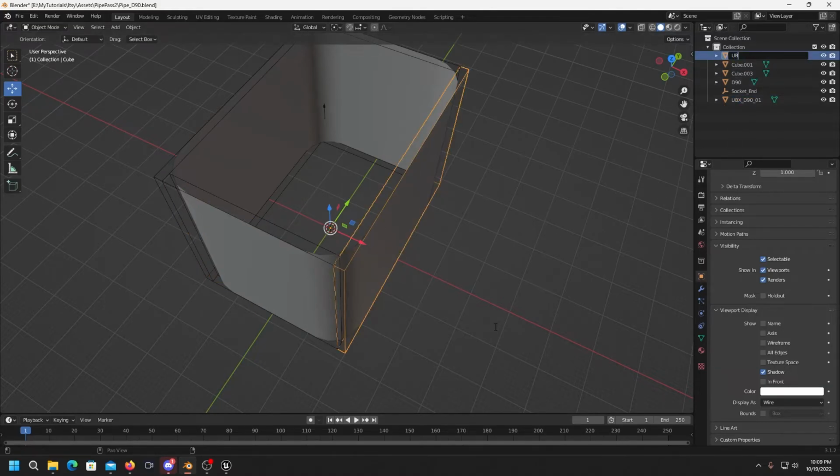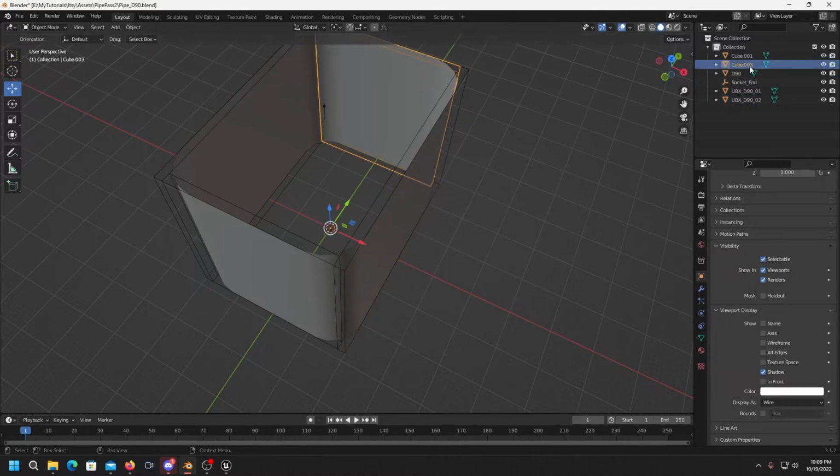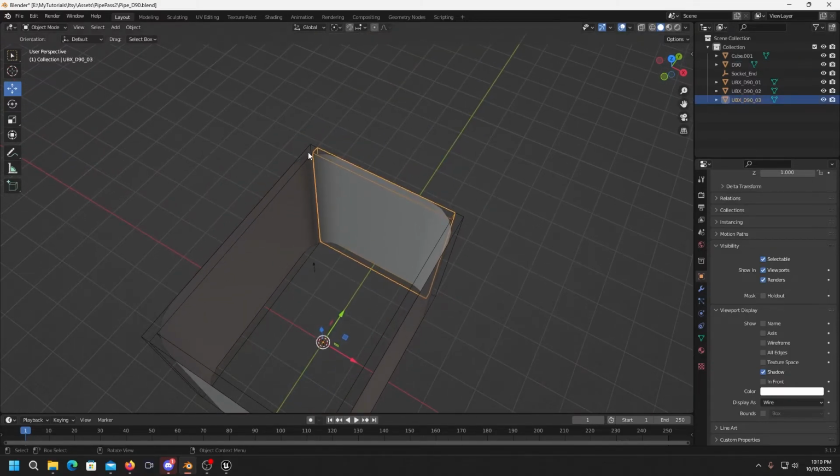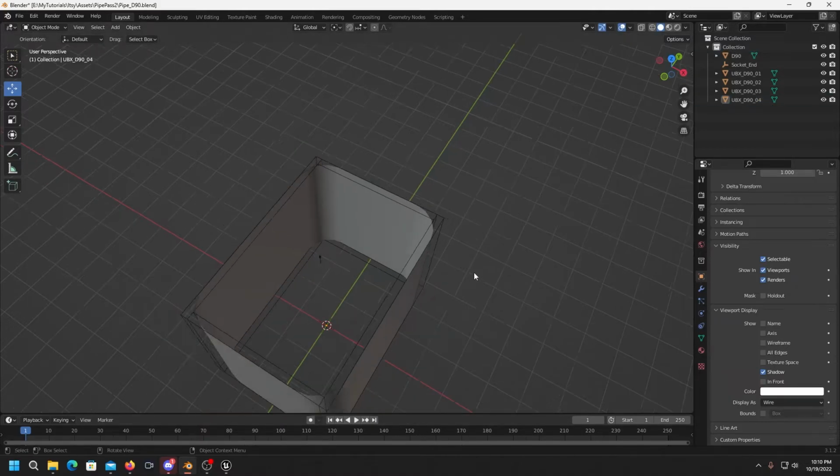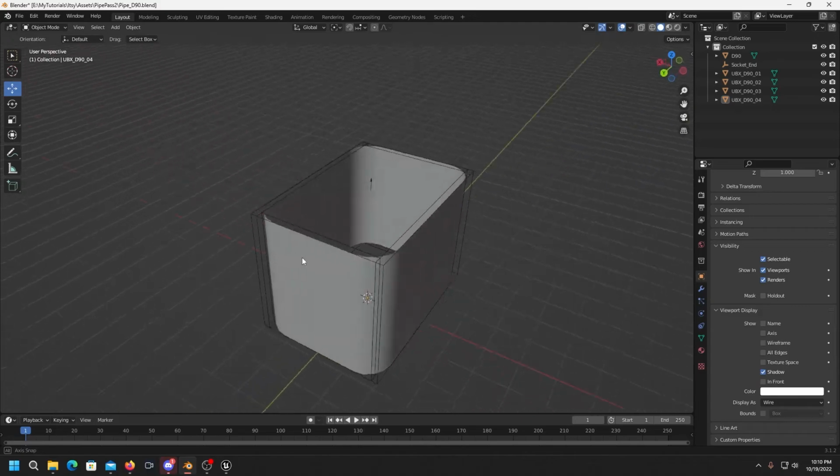Okay, so then this one would be UBX underscore D90 underscore 02. Then just working right around, UBX underscore D90 underscore 03. And then this one, UBX underscore D90 underscore, what are we up to? 4. Okay. So now we should have everything that we need to export this mesh and bring it into